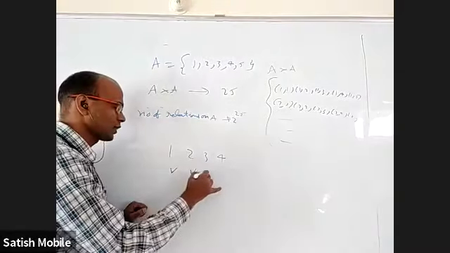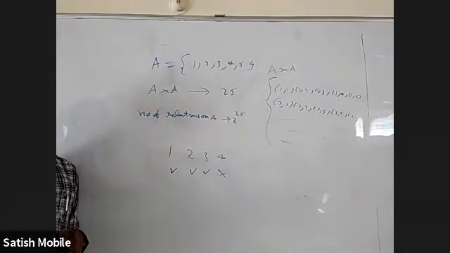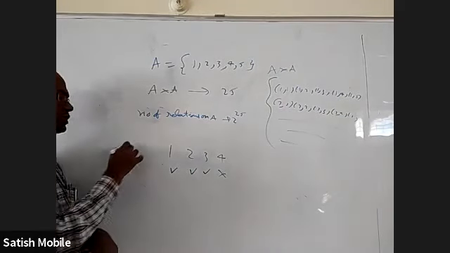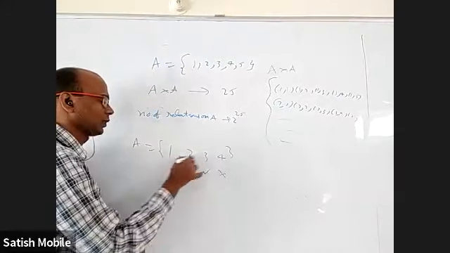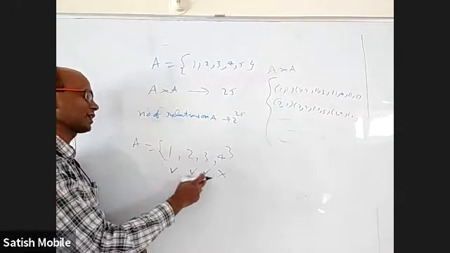I will write these tick marks and crosses here. What does it mean for my subset? This is the original set, A is 1, 2, 3, 4. When I say I select this, select this, select this, don't select this,